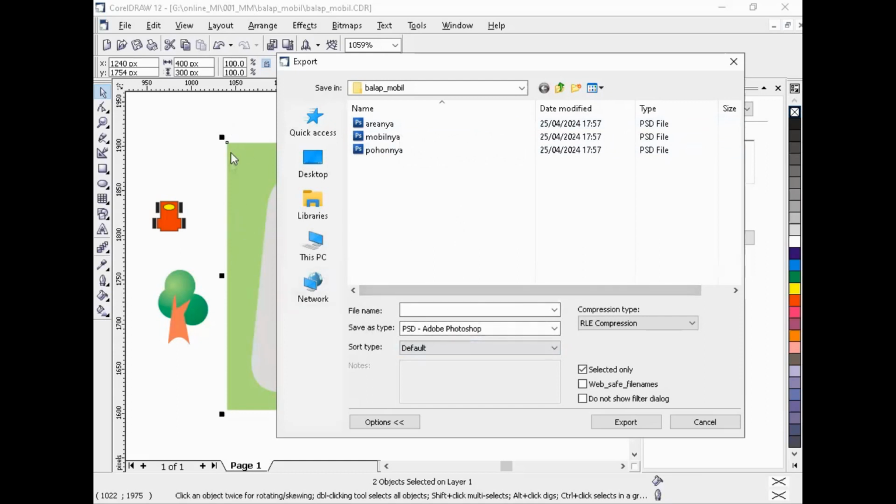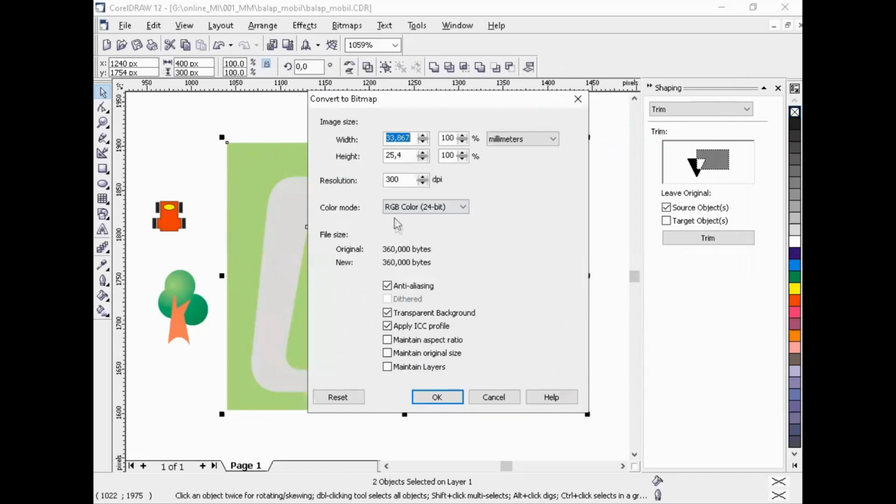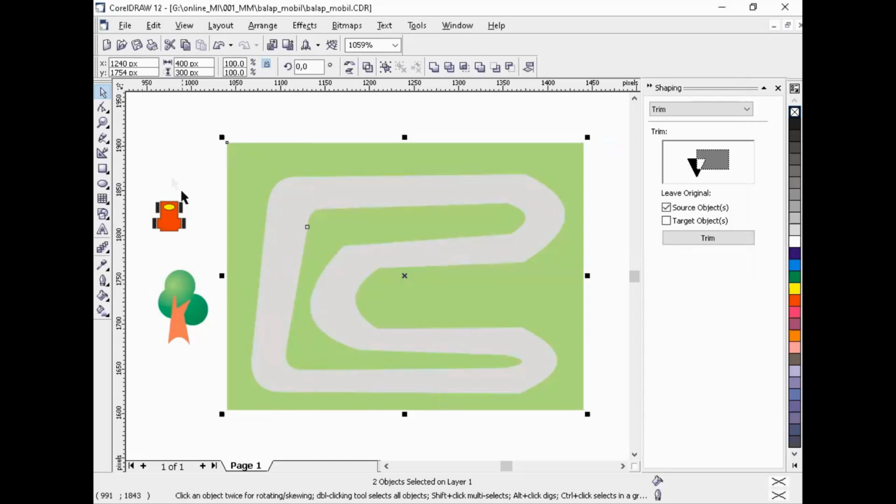Okay, I give the name areanya. Export. Okay, the resolution is still 300 dpi. Color mode RGB, transparent background, and so on. Then the mobile, export.